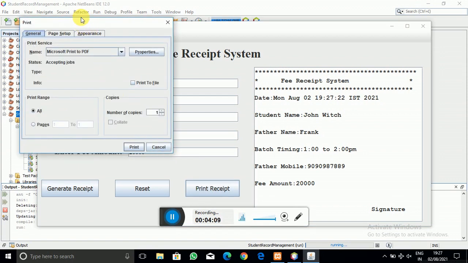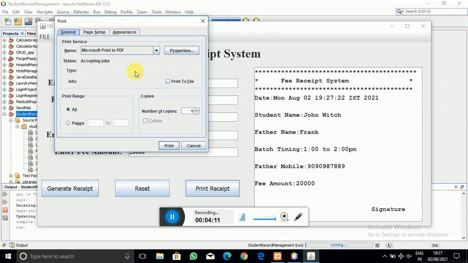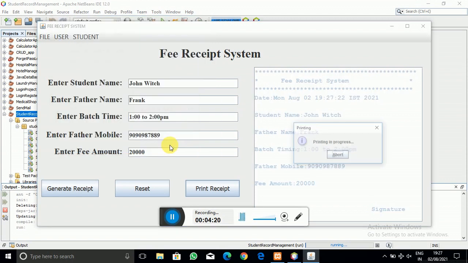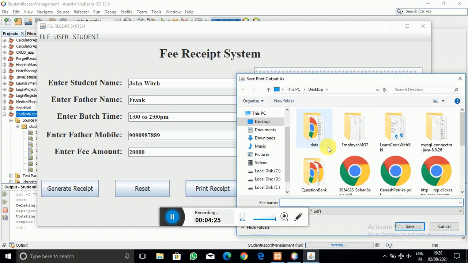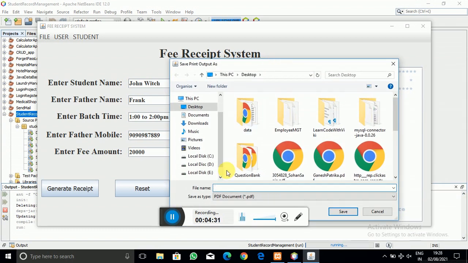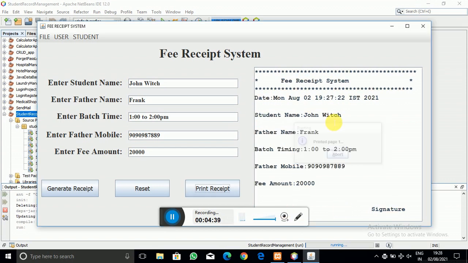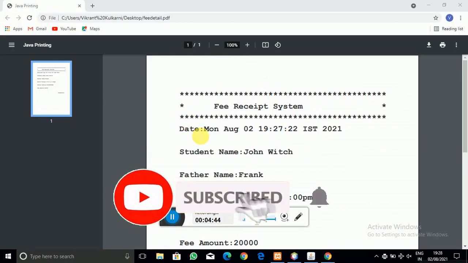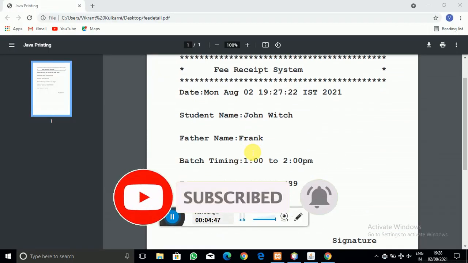Here you can see the print setup, and suppose I want to print these details. When I click on the print button, it will be printed in PDF format. I am giving the name to this fee detail, and when I click on the save button, I will show you how the receipt is printed. So this is the fee receipt, which will be printed like this.